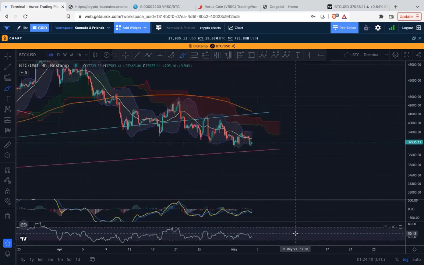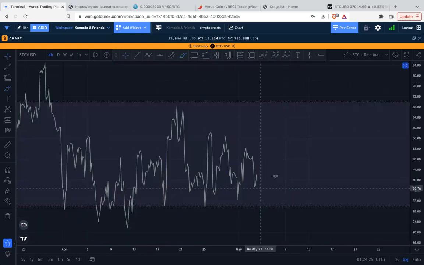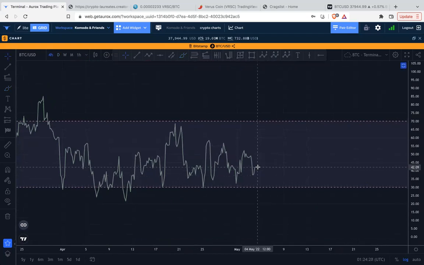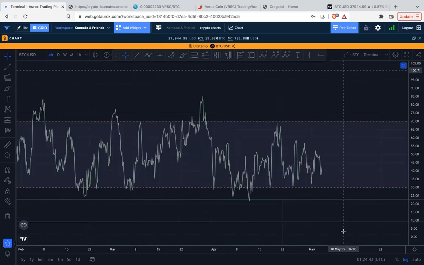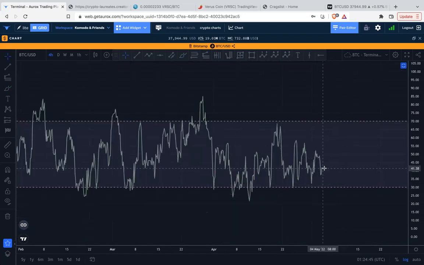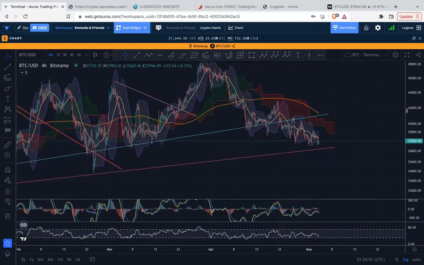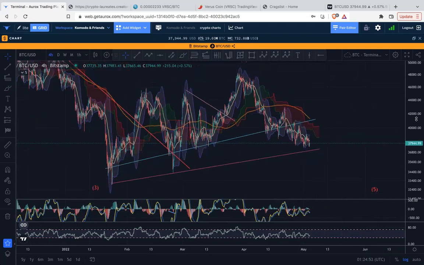What was that 4 hour RSI doing? There's definitely room for this one to drop down into oversold territory, but at the same time, it could move up. So the 4 hour is neither here nor there, although it is making higher lows. It's in the low 40s now. If it holds that and can go higher, you have a chance at least to try and make it to 60.